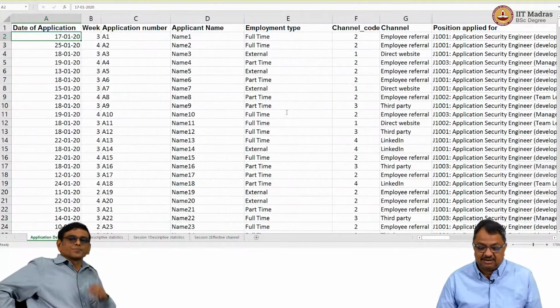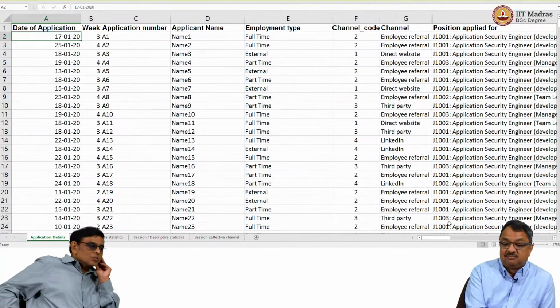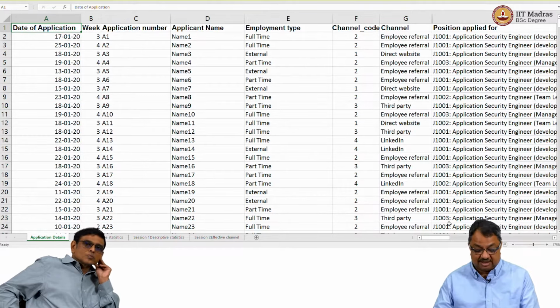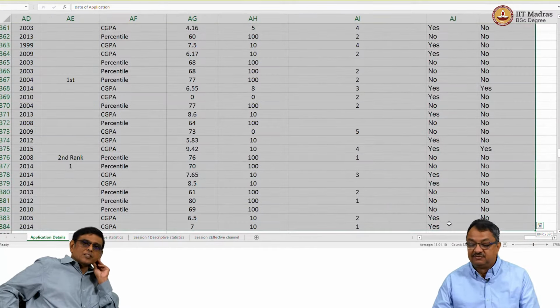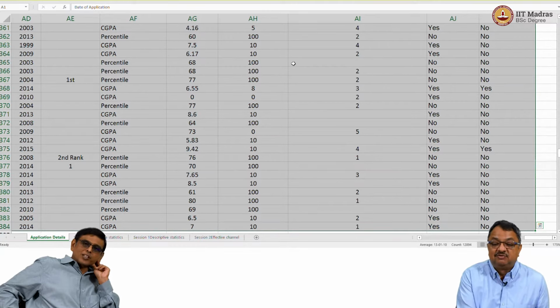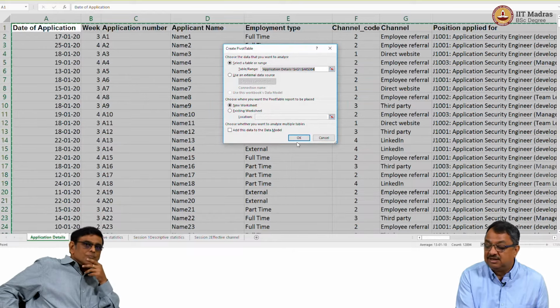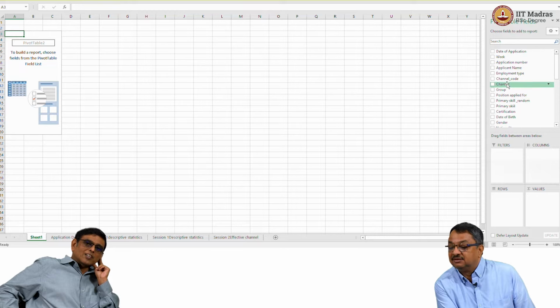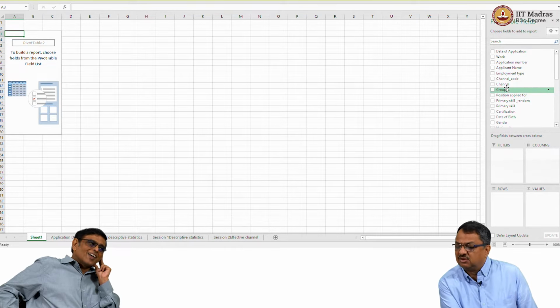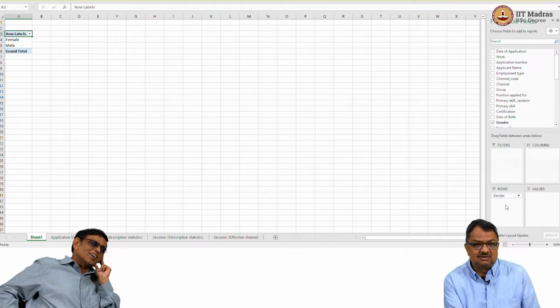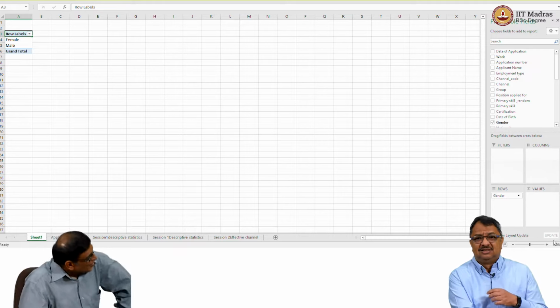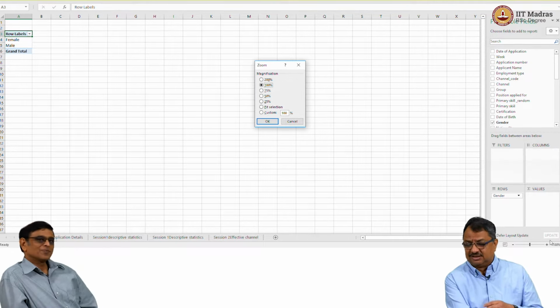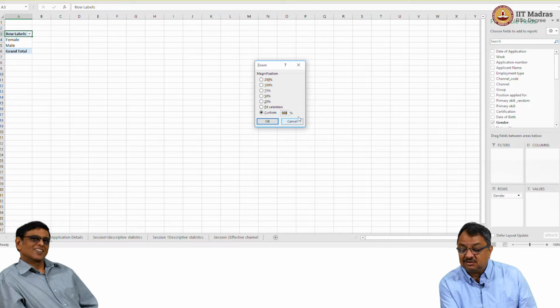Now, I think what Varsha had said is a few things they do want as descriptive statistics. She wants to know how many male and how many female candidates applied overall. No, she just wants to know how many applied. I would like to know the percentage of male selected. We'll do a standard thing: how many were selected out of those who applied? I think we can do that. That's not a problem.